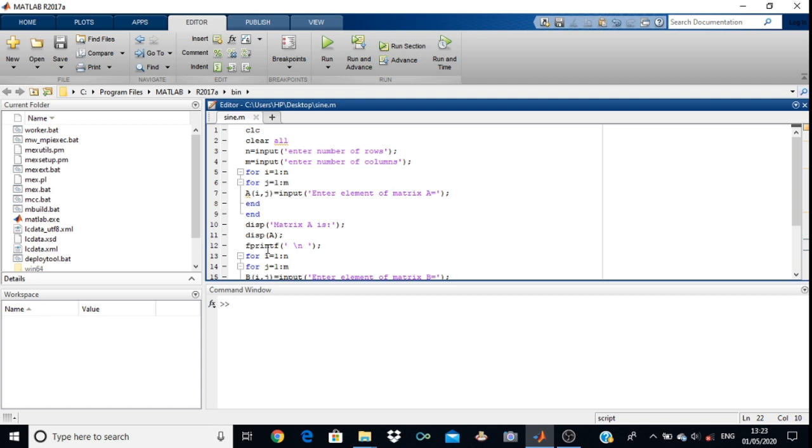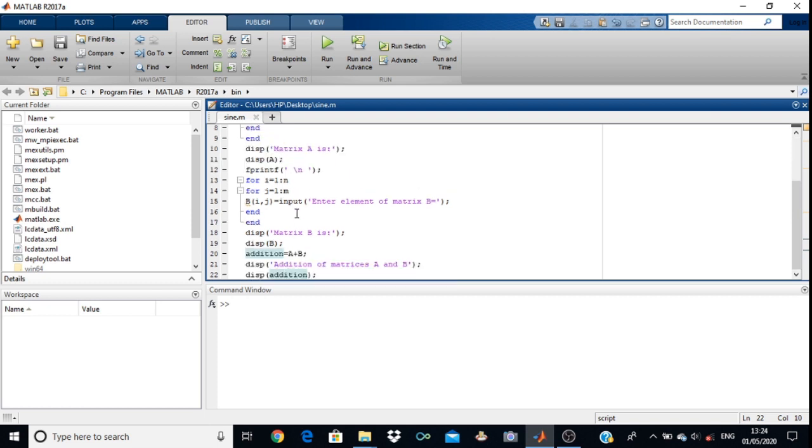Then in the next line, you have to enter the matrix B. So we have written fprintf. Like in C, you have printf, similarly in our M file programming, we have fprintf for the new line. So fprintf \n, and your cursor will be on the new line.